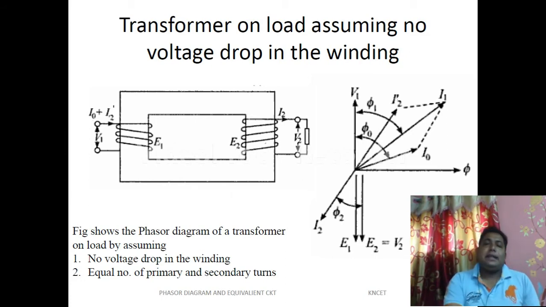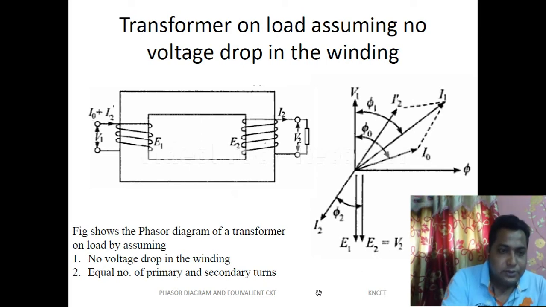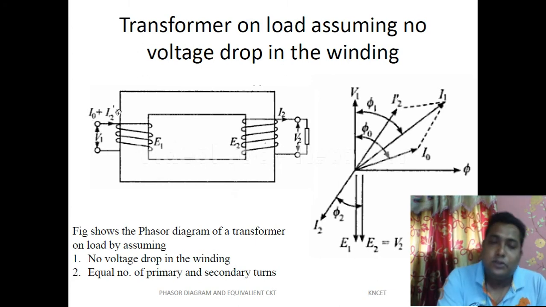If the secondary side is shorted, then what will happen? In the secondary side there is a circulating current, and due to that there is a mutual induction effect in the primary side, and we assume that a current I2 bar is flowing in the primary side. So in the primary side, what is the total current? As you follow my pointer in the diagram, this is I0 plus I2 bar. This is the total amount of current flowing through the transformer.